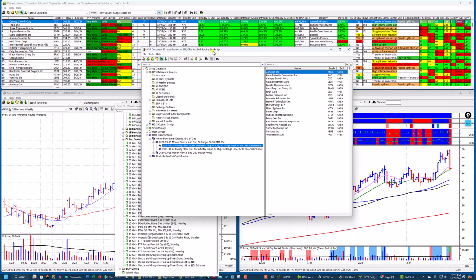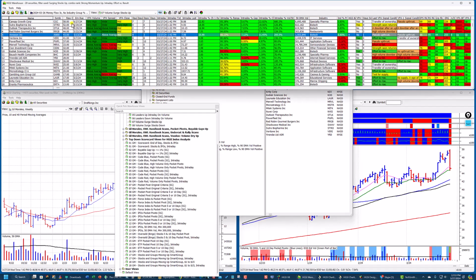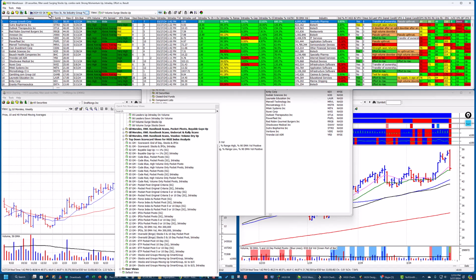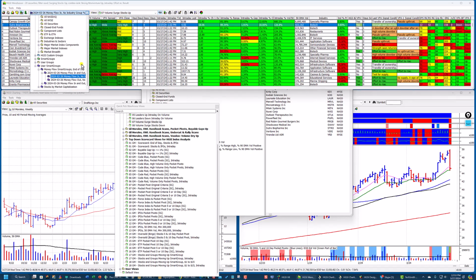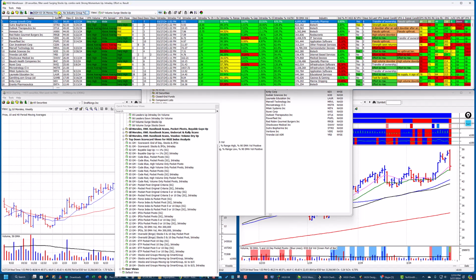You can see that that's a filter that's applied, and these stocks, if I click through to the warehouse, you can see that I'm in money flow in right now, and these stocks are showing up in money flow in yesterday, and they are continuing up today. Now, this is the volume surge up that I'm using. But you can take this smart group, the money flow in or money flow out, and you can apply any